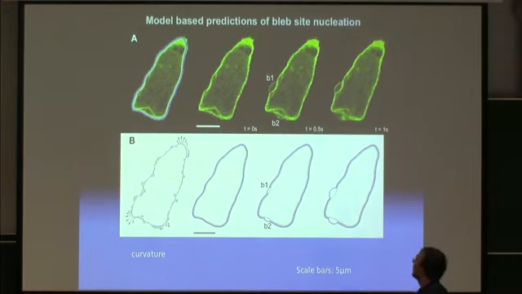So we then again take an approach where we use imaging data and try to predict from the imaging data where blebs are going to form. Here's a case where you see two blebs forming, and whenever there's significant enough overlap between the model bleb and the experimental bleb, we count this as a true positive. So it's a bit iffy, but